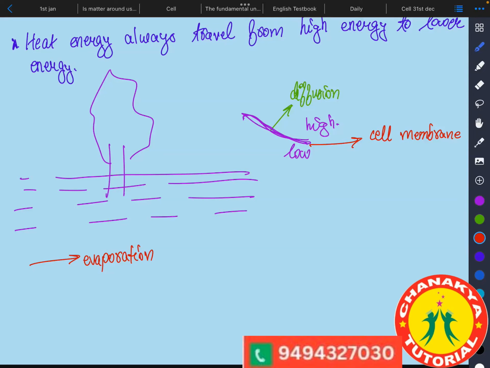Anyone? Can you think? They suck water from the ground. Yes, correct, the roots take the water. The roots absorb the water through osmosis. Correct. So this is what we say as osmosis,